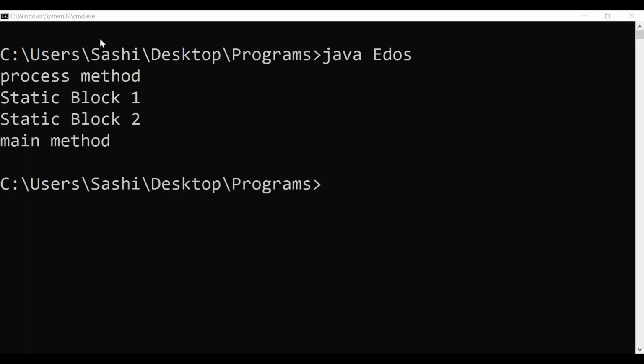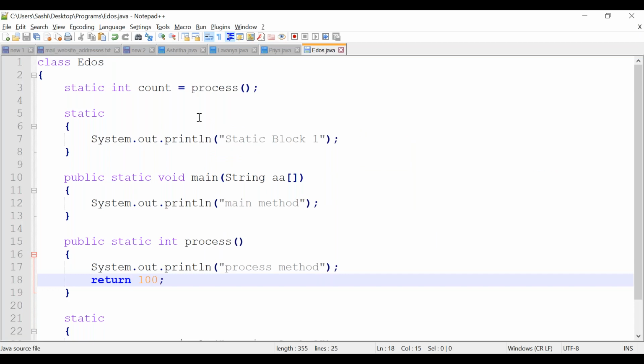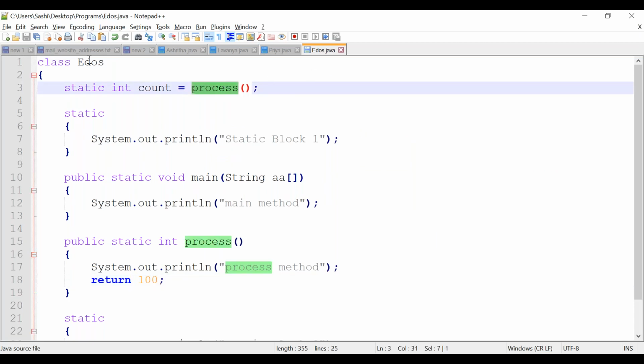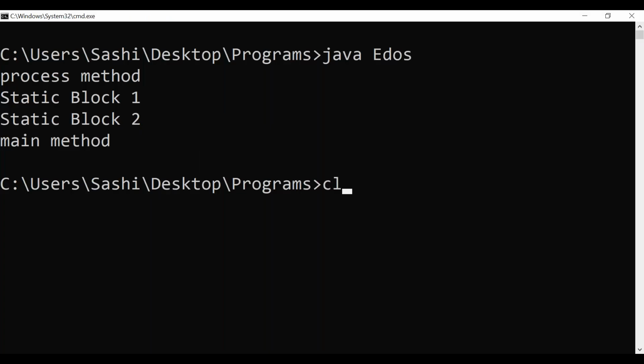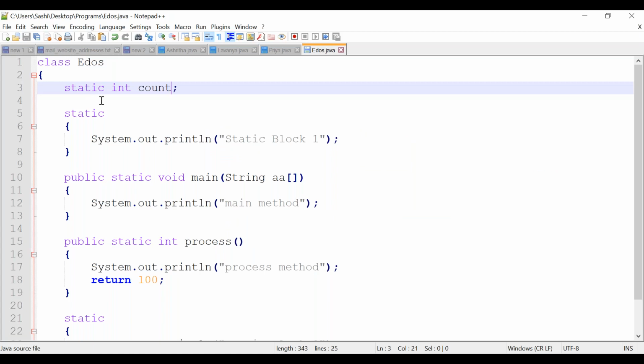Just listen very carefully. What happened? If you don't keep this method, if you don't call this method, what will be the output here? Just guess it. First, count is loaded with 0, but you are not at all using the count variable.